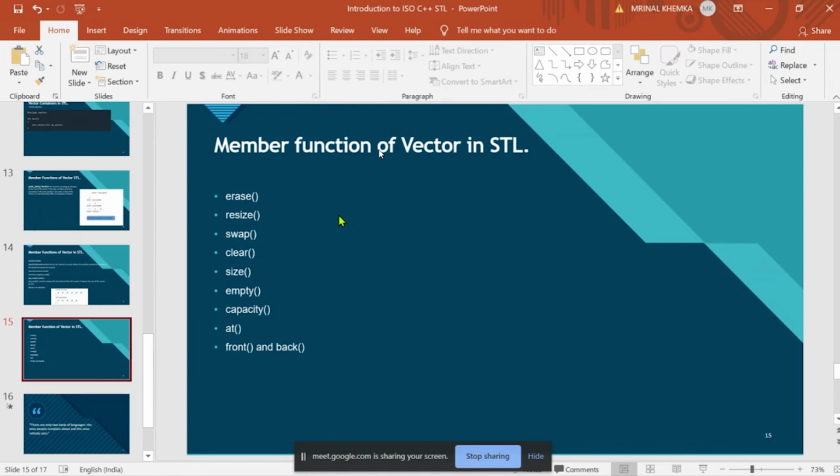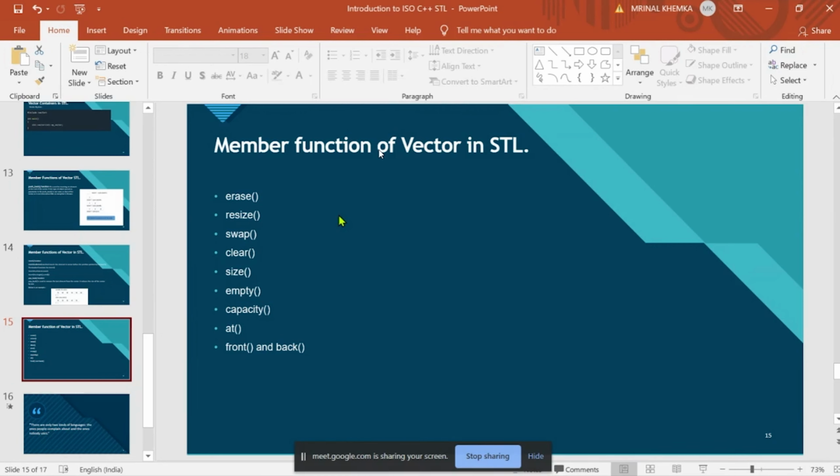A swap function, by the name, suggests it swaps the data of two positions. For example, if we have a vector containing the values 10, 20, 30, and 40, and we want to swap the values 10 and 40, then the swap function will swap the first value and the last value, and the vector after that will become 40, 20, 30, and 10. This is how a swap function works.